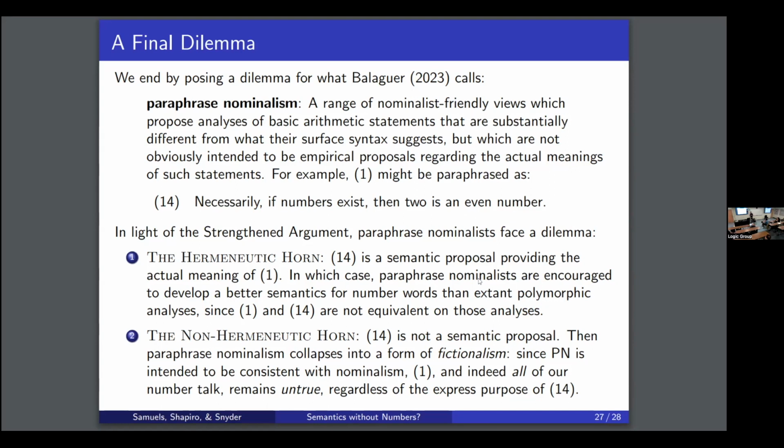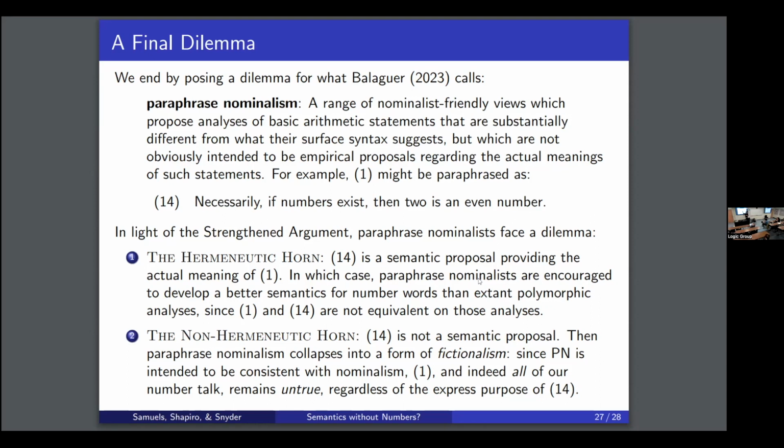The second option is, this isn't meant to be a semantic proposal about the original sentence. It's something like a normative proposal about how mathematicians should be talking. That's what they call the revolutionary one. And again, the assumption is, well, they're not going to do that either. No nominalist is actually going to send their analysis to a mathematics journal as a proposal about how mathematics ought to revolutionize. So in either case,